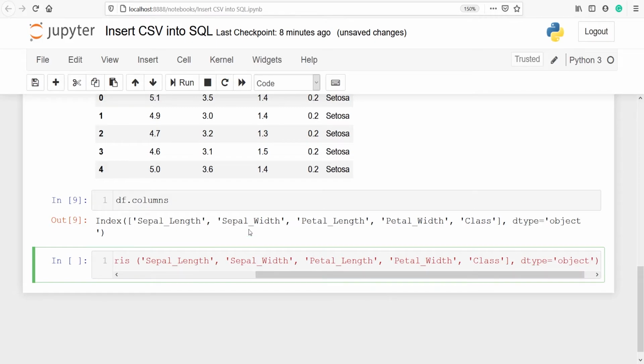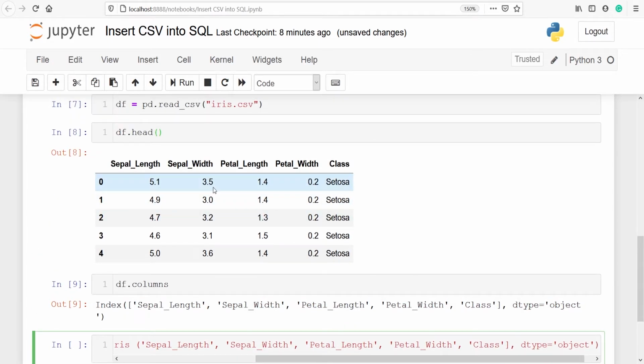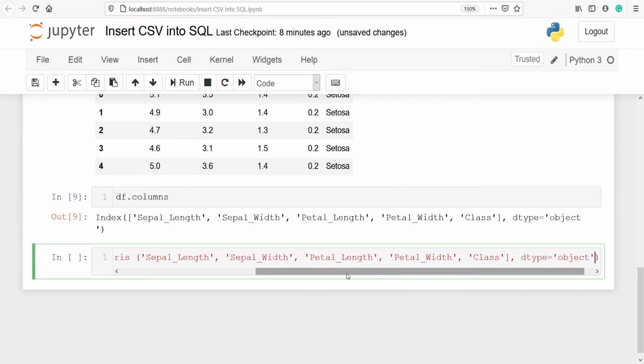So sepal length, sepal width, petal length and petal width will be float because these are the float numbers, and class will be n_var_char. So against each column name I will define the data type here.